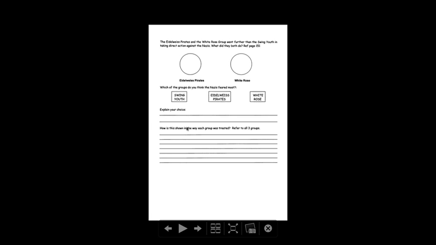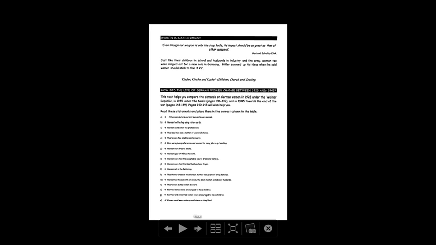Students can then look at the punishments that were meted out to each of these groups as a means of determining just how much of a threat they were to the Nazis. The textbook can help with this, but any search on the internet for any of those three groups would give you information on how they were punished by the Nazis. And from that, you can glean an idea of which ones the Nazis found to be the greater threat.